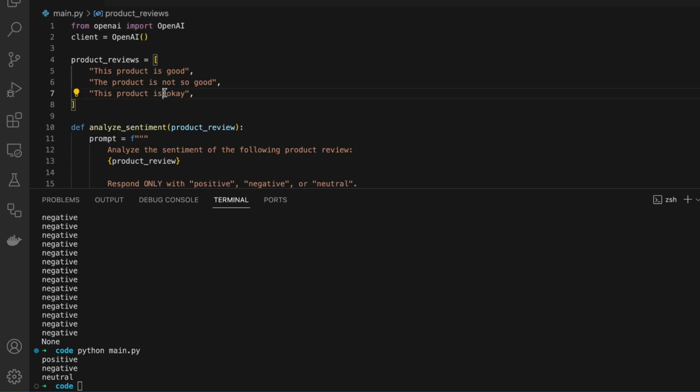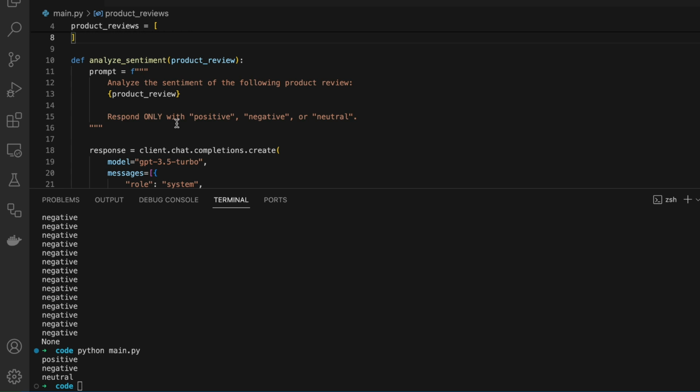Cool. So one really good thing that we can do is to actually add explanations. So instruct the LLM to explain why this review was positive, why it was negative, and so on. This is good on two fronts. First of all, this improves the model accuracy because it has time to think. And it's also good for user experience because the user can understand why this review is positive and why it is negative. So the way we are going to do that is by returning a JSON format.